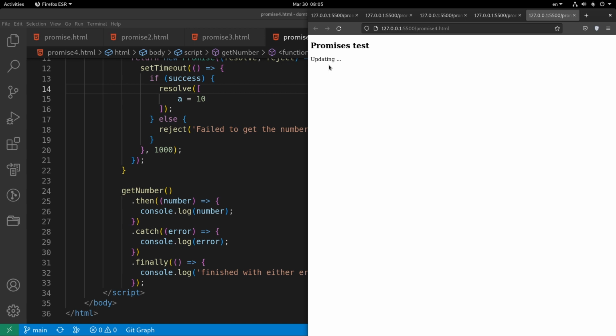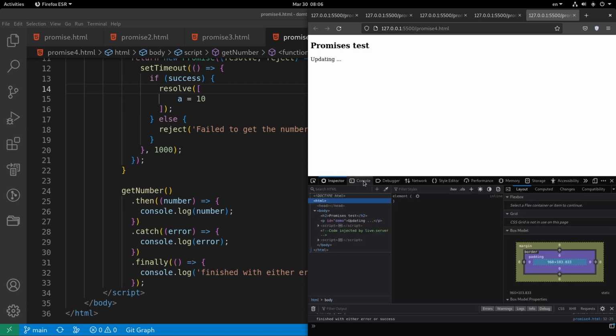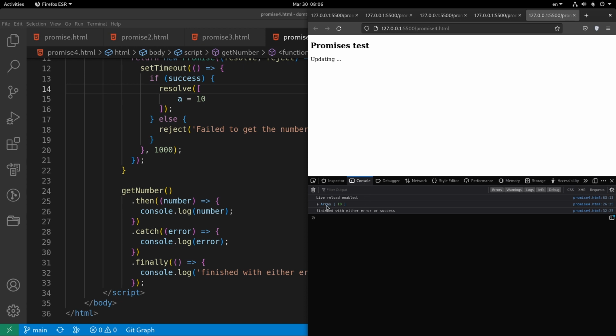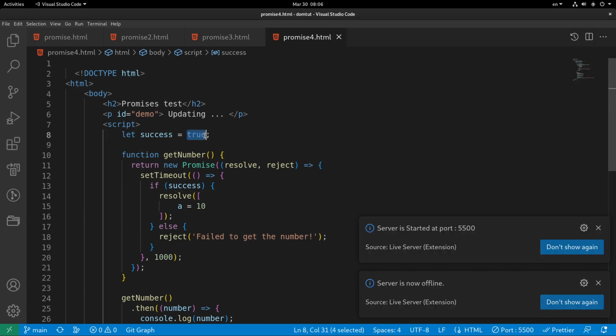And so this will always be updating because we haven't added anything to the elements. But here on the console we have the number, which is 10, because this success is true here, and also finished with either error or success. But if we set this to false